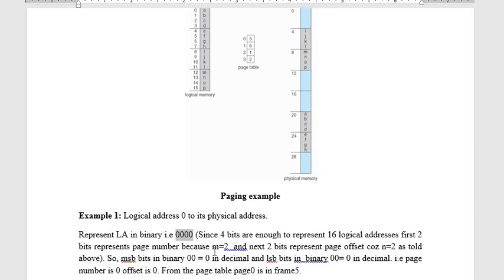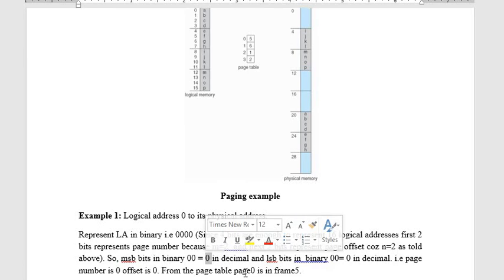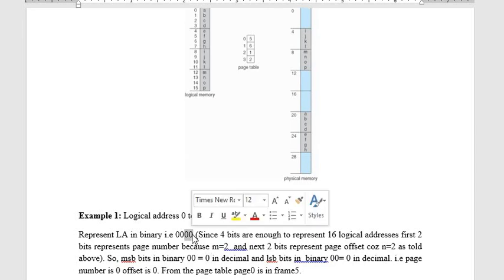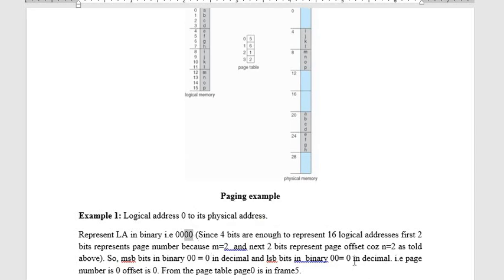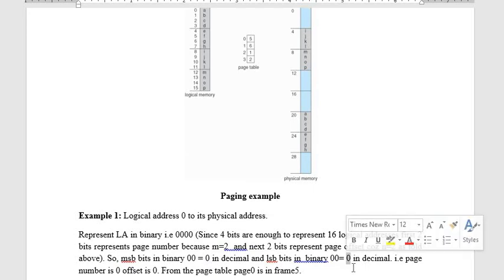So, or simply, from the above said lines, m is equal to 2 and n is equal to 2. So now what we should do is represent the first 2 MSB bits in the decimal version, so that would give you a 0. So 0 in decimal would specify the page number, and take the next 2 bits as LSB bits and represent that in the decimal value, so even that is just giving a 0. So that would be the page offset. So page ID is 0 and offset here is 0.